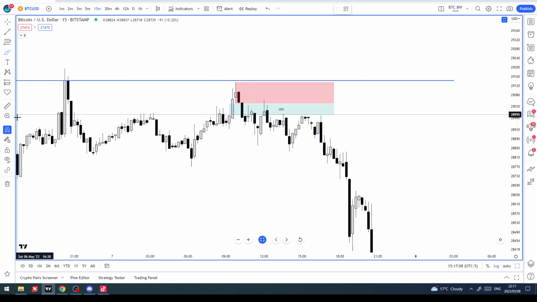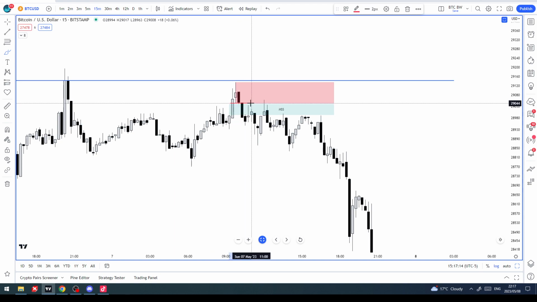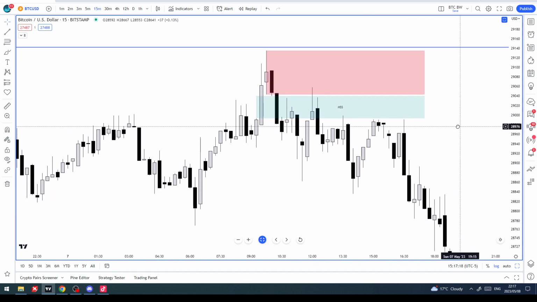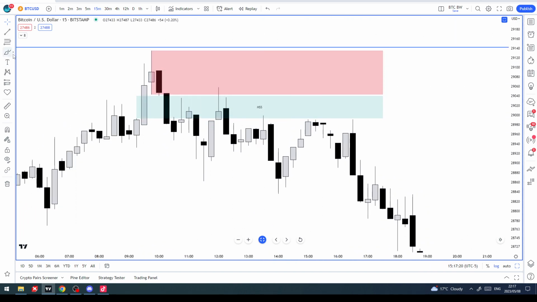When price trades through the low of the up candle formed, it validates that up candle as an order block. So the only time something becomes an order block, or a bearish order block, would be when price trades through it. So it was this candle that validated this as an order block. When price closed below the fair value gap here on this candle, that gave us market structure shift.